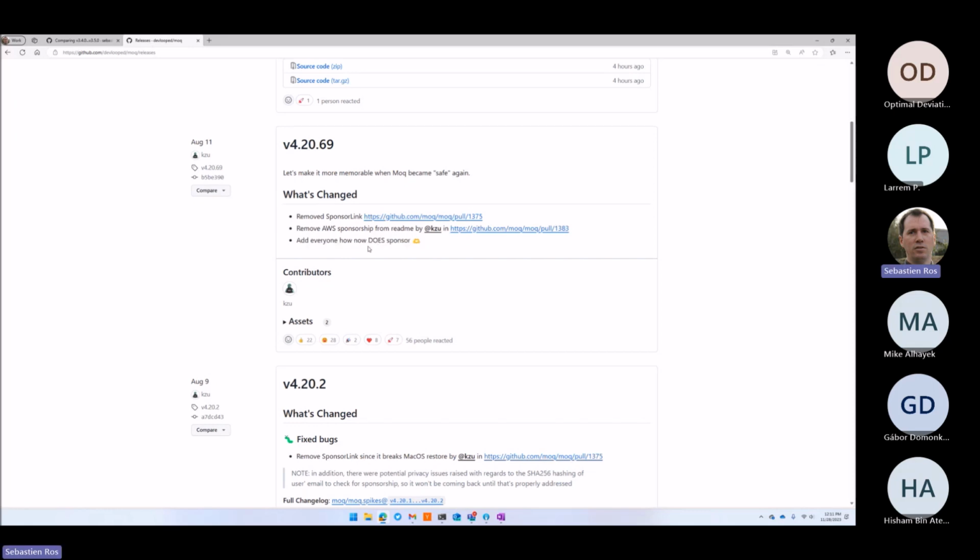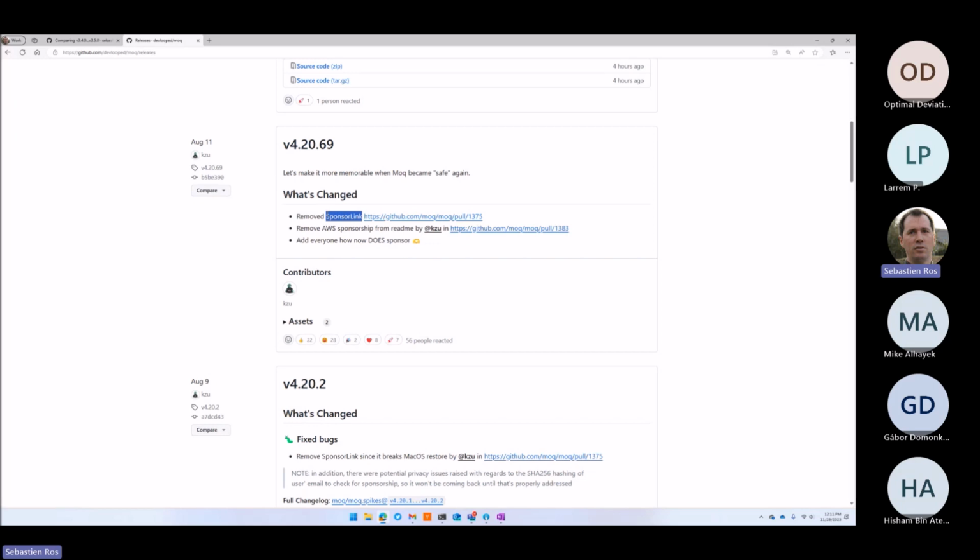And as I remember, this project here, sponsor link, is a tool that will track the usage of a package. So if you install a package that uses that, then it will track your usage and it will generate some build warnings when it detects that you are not a sponsor of the project. And in some projects, the build warning will fail the build, right? So you have to disable that.